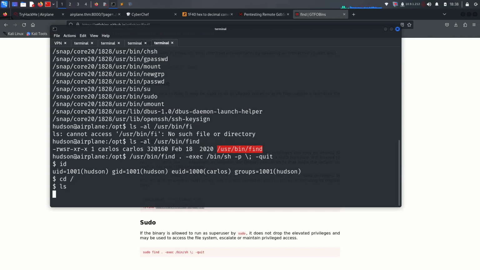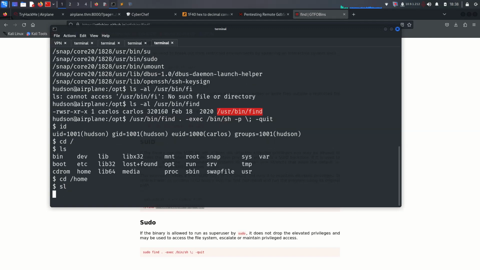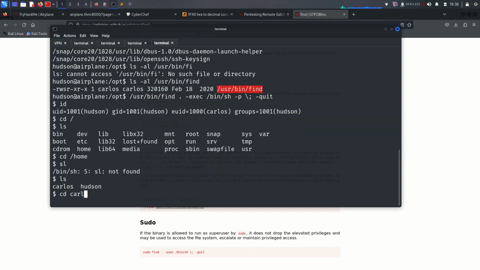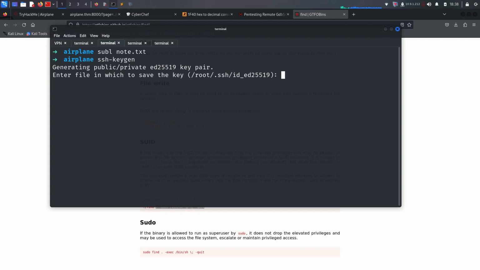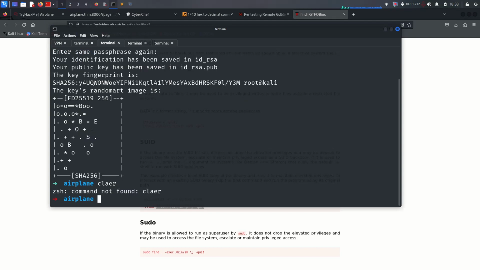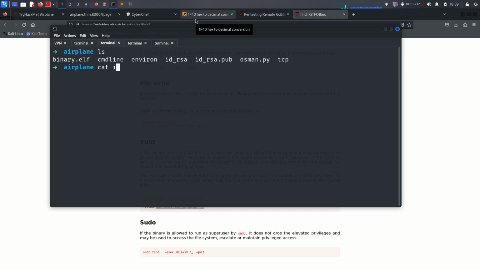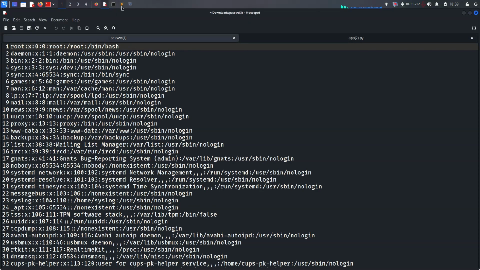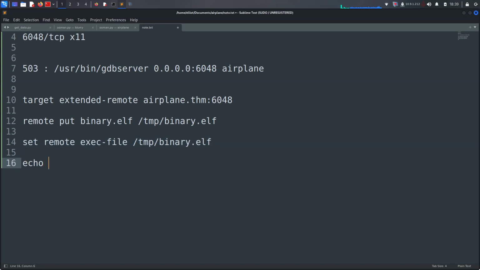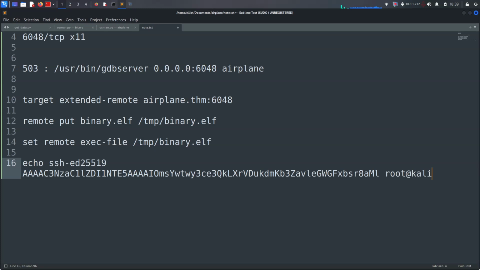So let's go here, and then I think we can go to home, cd Carlos, ls, and then we got user.txt successfully. But Python 3 is not working, and we need to give here ssh-keygen for creating id_rsa, and then give the passphrase, and then give it here id_rsa.pub, and we need to send it successfully. So let me do it. It's actually over here. We need to run it with echo like that. Then just give this and then save it on